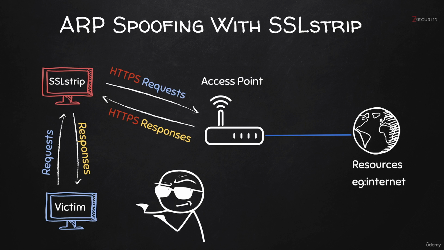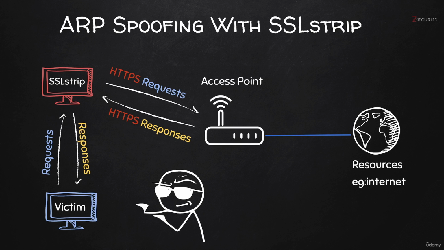Now another thing that SSL strip will do is when it loads a web page, it will actually convert all the links in the page from HTTPS to a normal HTTP. And this way, when SSL strip is working, all the HTTPS connections will be downgraded to HTTP. Now, since the connections are going to be downgraded to HTTP, that means the data is going to be sent in plain text, which means that we'll be able to read and modify this data just like we usually do